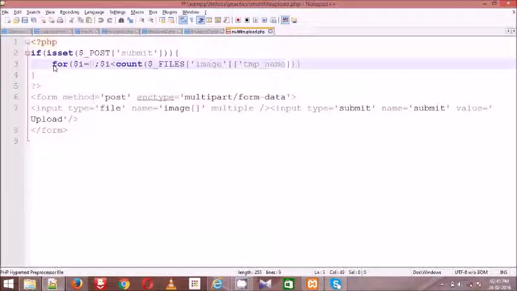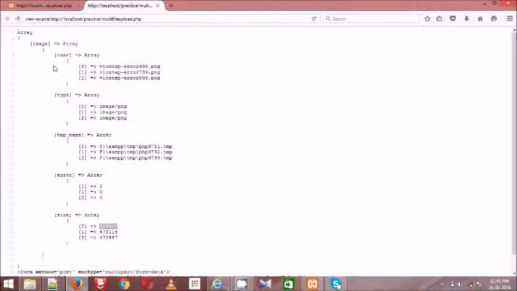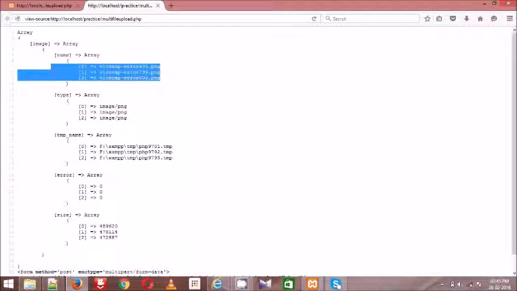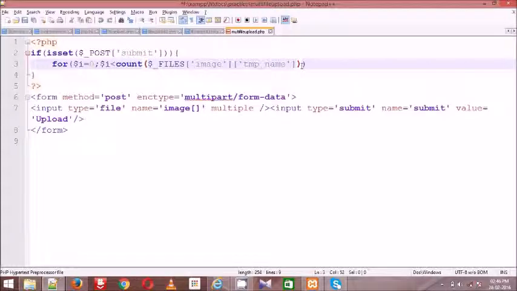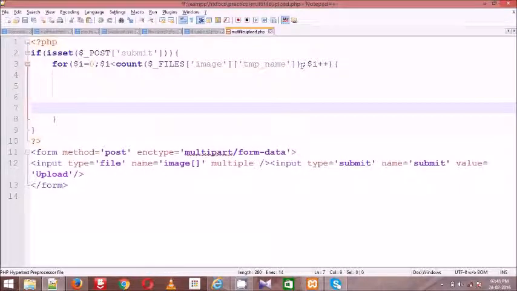You can use anything, name or size or type or any other, because every element contains multiple elements. If you are uploading 8 files, this name contains 8 elements. If you are applying type it contains 8, tmp_name contains 8, everything. Here $i++. So the loop is iterated as many times as the number of files you have uploaded.